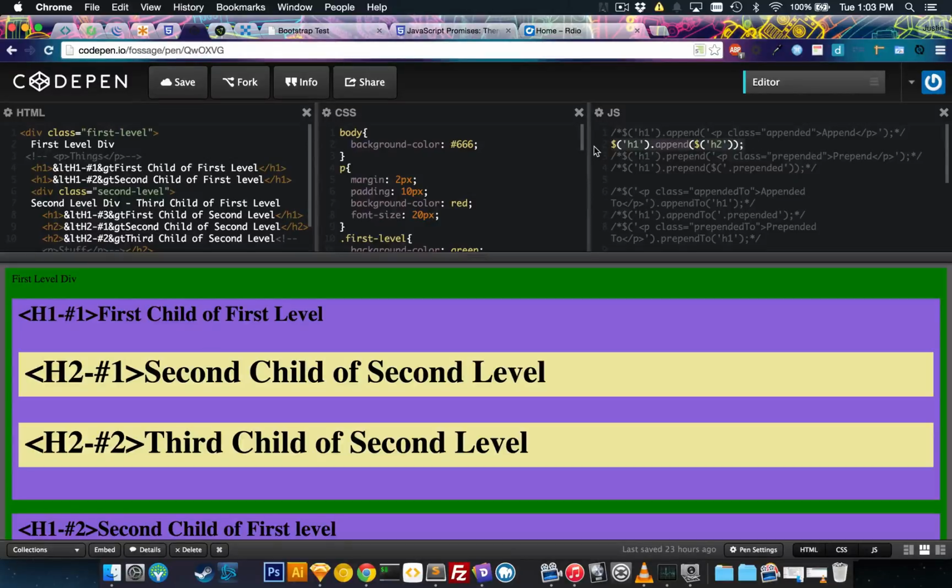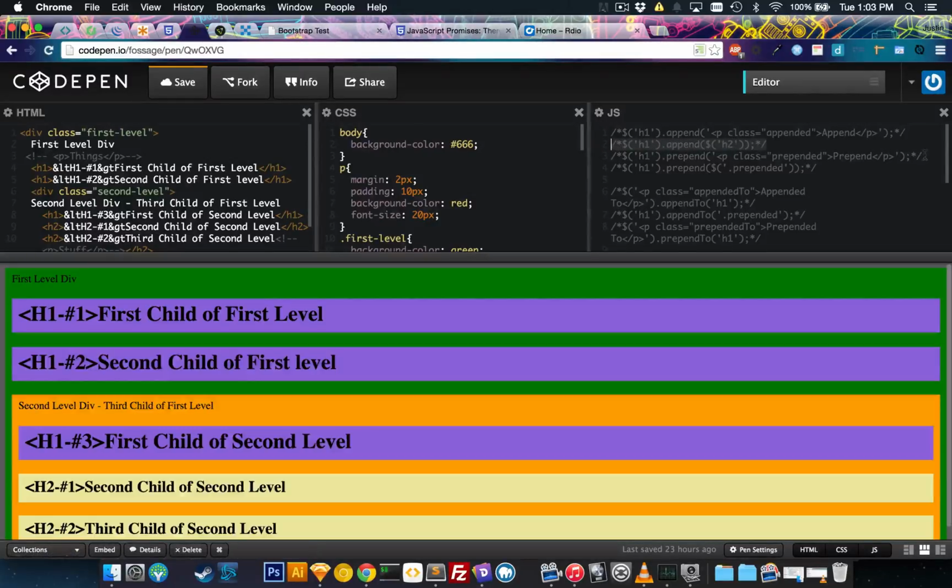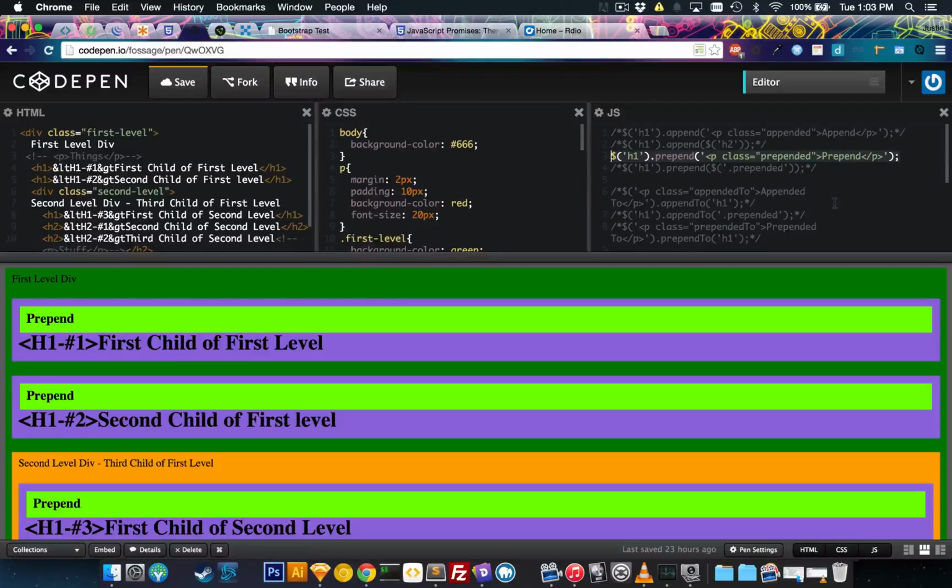One other thing let's look at with these really quickly. Take this prepend that we did before. I'm going to put those back in. And when I prepend these p tags in here with the word prepend, I also give them the class prepended. Now, what happens when we then go prepend everything with the class prepended